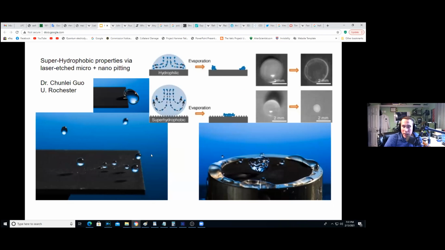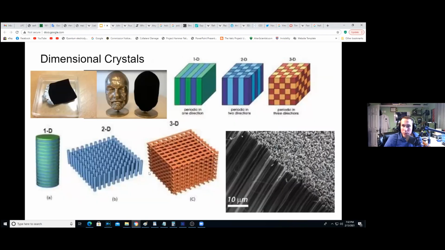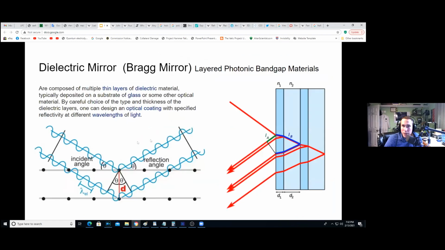And then the application: if you take epoxy thin films and then etch each thin film and then apply them in layers, they're tuned to different layers. You can make dielectric mirrors, which we'll get into in just a second, right down here. But we'll talk about, you know, yeah. So I'll just get right into the dielectric mirrors, and then we'll go back.